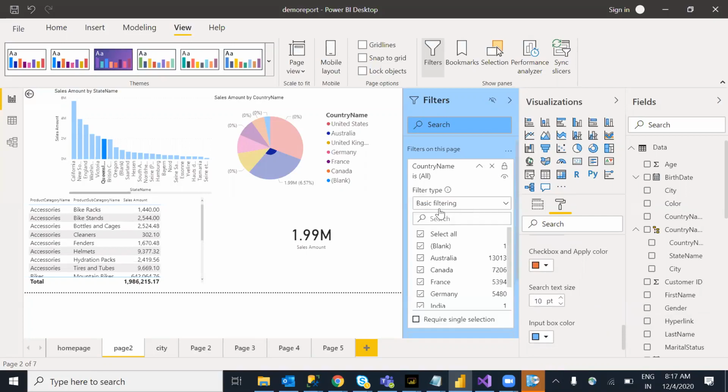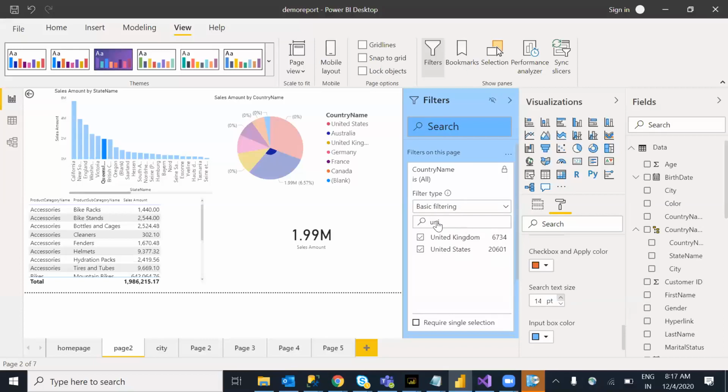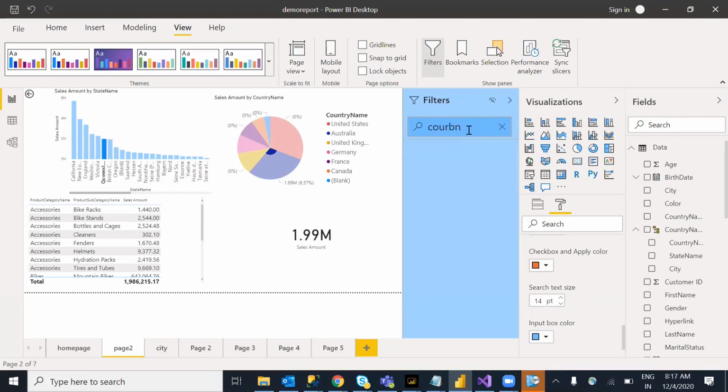If you have multiple values, here we can search for the value you want, for example United. If we have multiple states or multiple countries, we can search here. This is the search text size, and it is increasing. Here also you can search all the filters. If you have 10 filters and want to apply any filter from here,